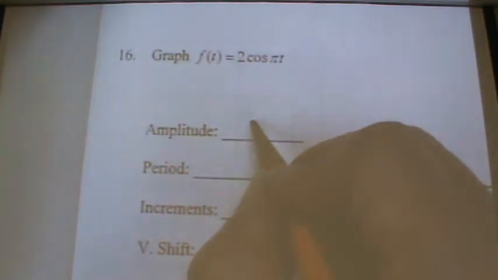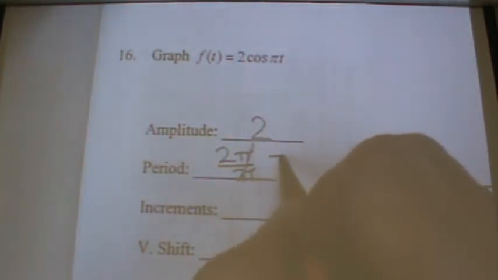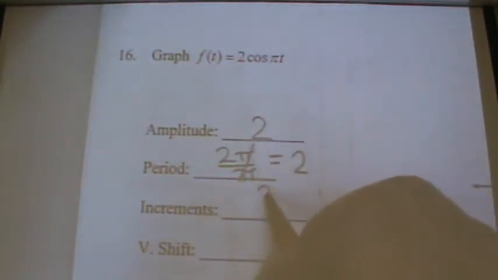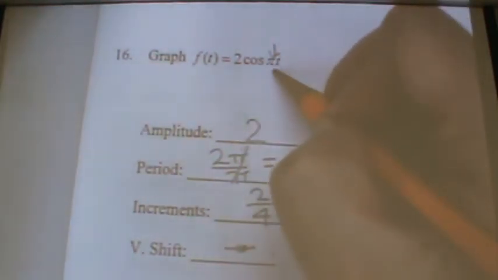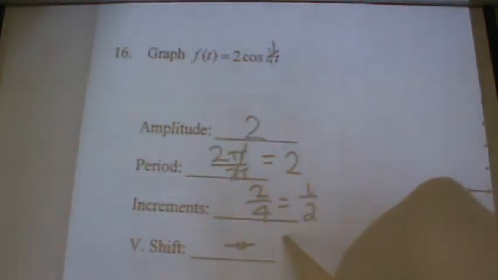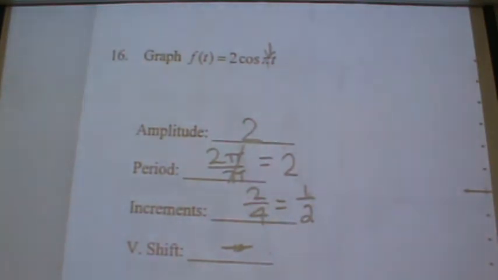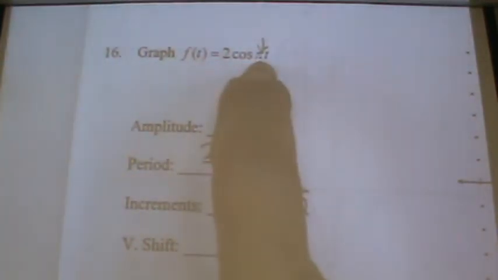What's the amplitude? What's your period? It's 2. What's your increments? A half. Because that's the b value. Because you take your period, which is 2, and you cut it into 4 parts. Because there's 4 parts to the sine and cosine graph. You know how you went on, above, on, below, on, there's 4 parts? There's always 4 parts, so whatever this period is, which is gonna change if that b value is not 1,